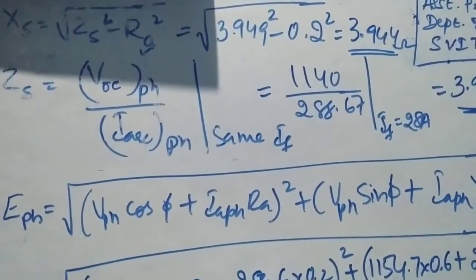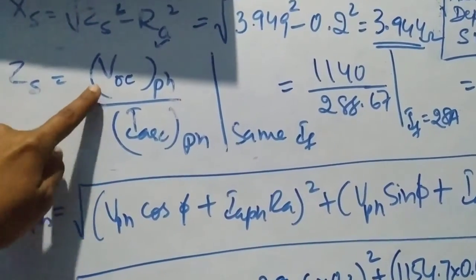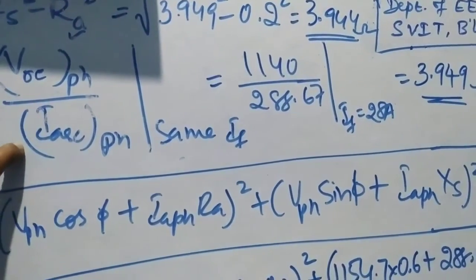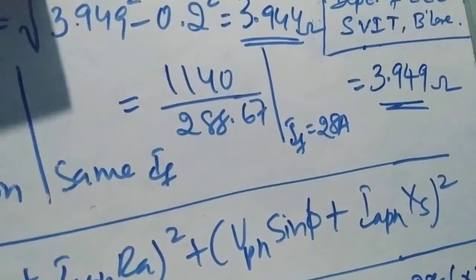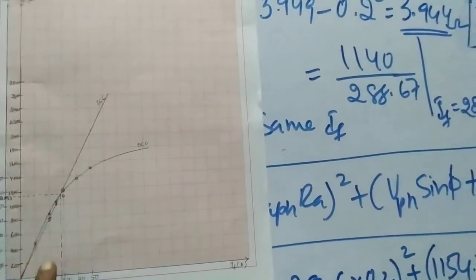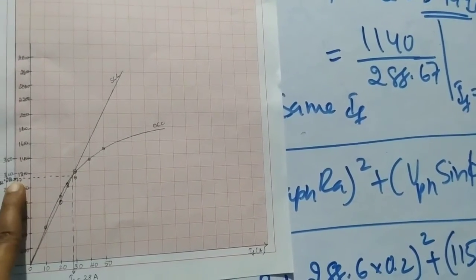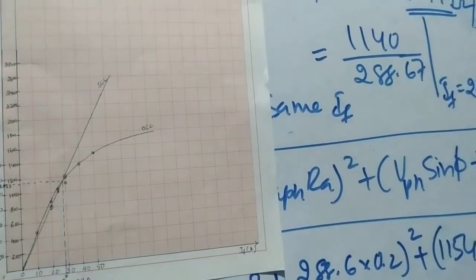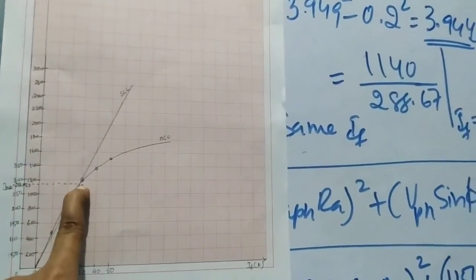The only change here, as you have observed, is that we have to get the VOC phase from the graph, and IA phase is nothing but from the formula, that is VA rating divided by √3 into VL. And we need to plot a graph here. First we have to plot the SCC curve, then the 288.67 you have got from the formula, VA divided by √3 into VL, that corresponding current is going to intersect with the SCC and give the value of IF, and for the same corresponding value of IF we have to obtain the corresponding VOC phase.